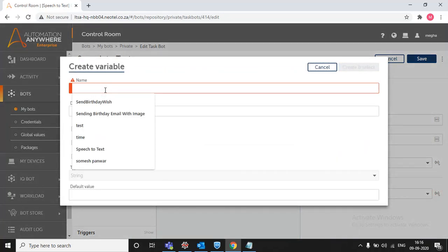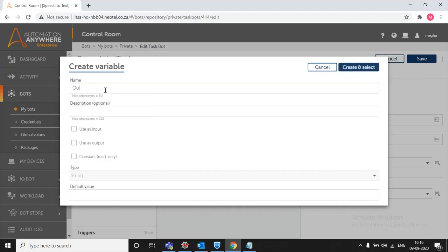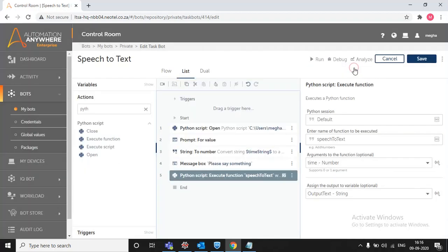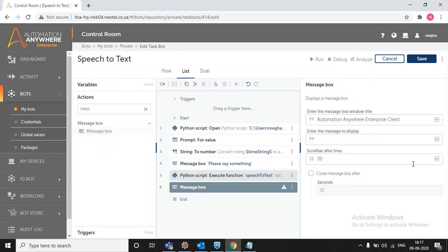I am creating my new string variable, that is output text. Whatever I say, it will convert my speech into text, and my text will come in this variable, output text string. To see this output variable, I'll use the message box function.